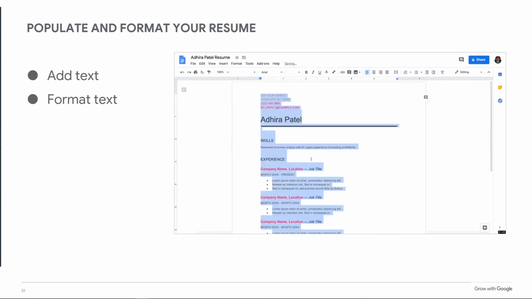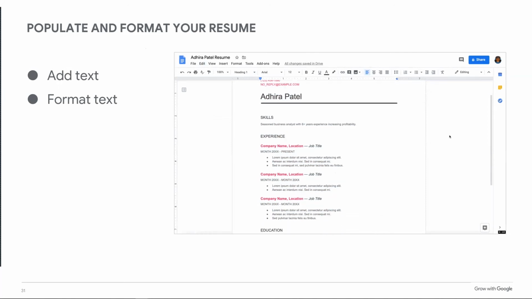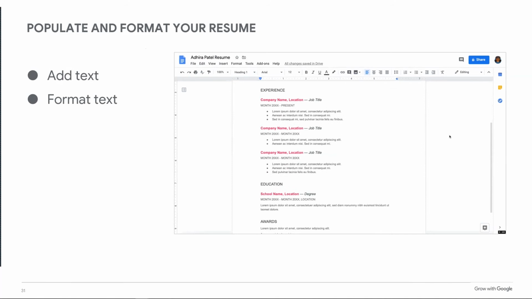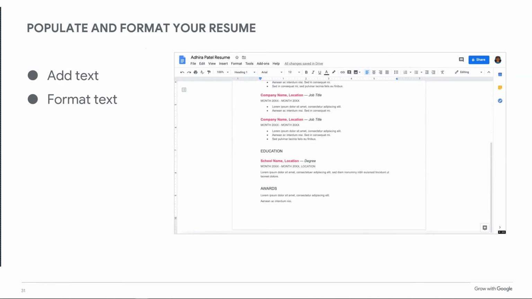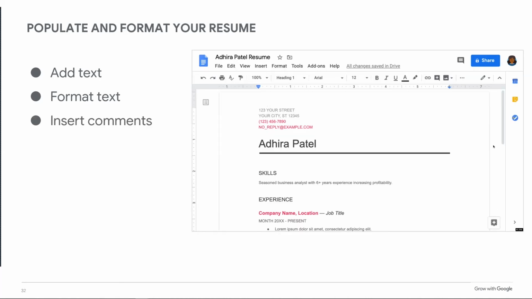But also remember to always keep the font a readable format, because as HR and hiring committees are looking at resumes, remember how many resumes they're going to have to look at. Some of these companies are looking at hundreds of resumes. Remember, their eyes get tired after a while. They only have 6 to 10 seconds to capture their attention. And if you have a hard to read font, they're going to lose them and they're not going to get the information out of your resume. So keep the fonts easy to read.